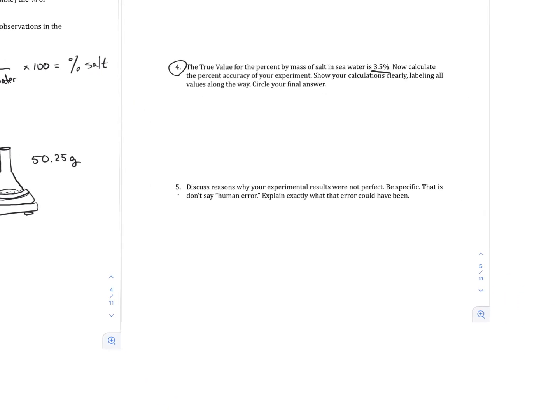Lastly, number 5, discuss reasons why your experimental results were not perfect. Human error is obviously the problem. You are humans, you did the lab, there were probably errors. I want more specifics in that. What sort of errors may have led to not getting the exact number? That's what you need to do for the lab. In addition, we also